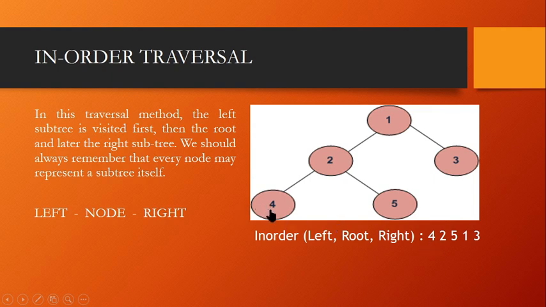And next I have to go for the root of it. It's not root, I have to go for the node of it, that means the parent node. The parent of 4 is 2, so that will be printed next. I need to complete this part first and then only I will be jumping to 1. Till then I have to roll here only. So when it comes to 2, 4, 5, this is the leftmost one, this is a node, and this is the rightmost one. So I am printing 4 and then 2 and then 5. You can see 4, 2, 5.